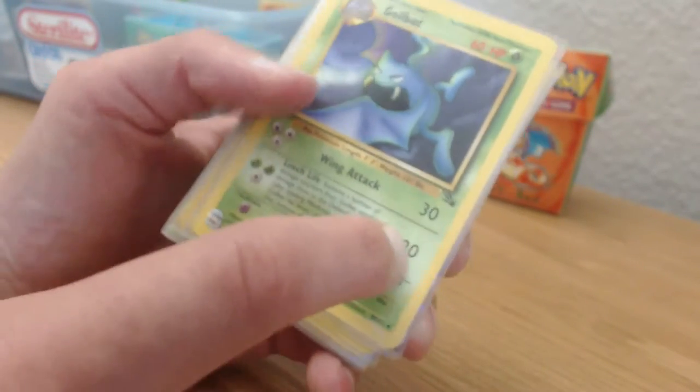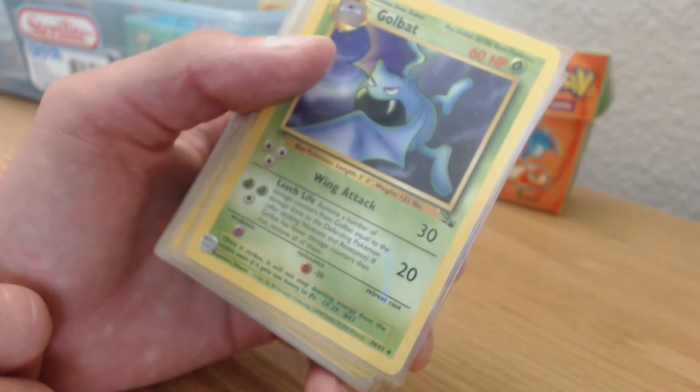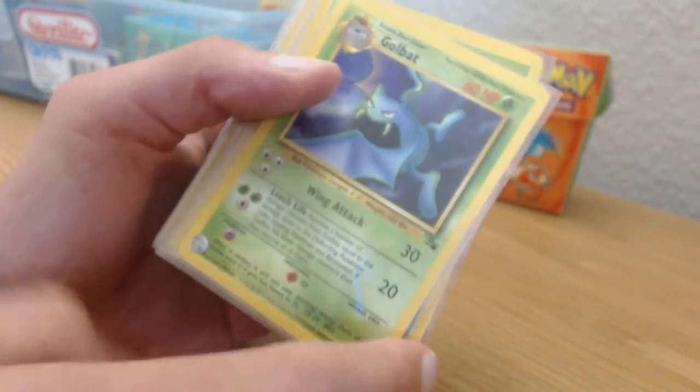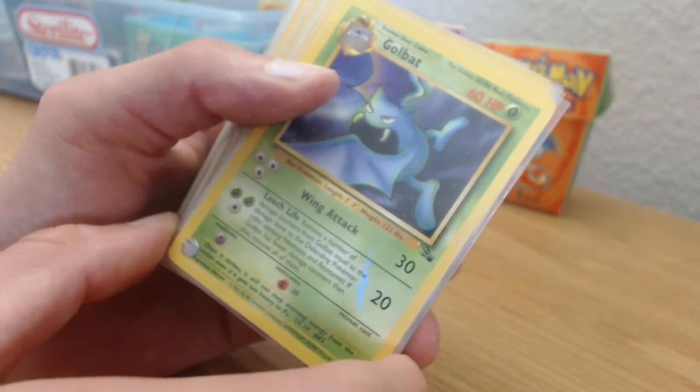And then, of course, the attacks. Like, Wing Attack does 30 damage. That's nothing. That's super low. But you think about it, when your opposing Pokemon has 60 HP, this attack can knock him out in 2 hits. So, while that is very low, it's still kind of...